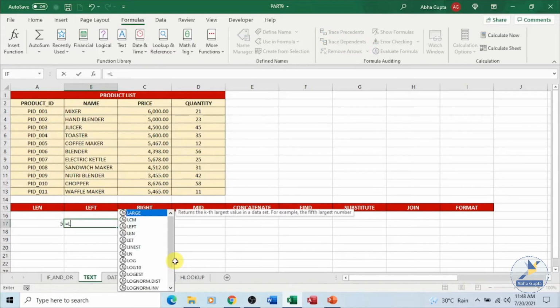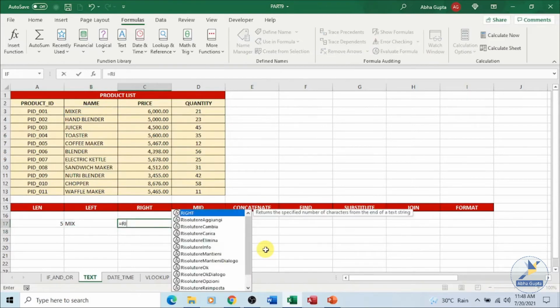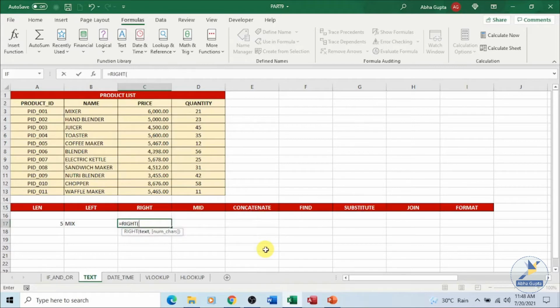Similarly, you have the left function to extract characters from the left of a string. You have to provide the cell name and how many characters from the left you want to extract. Say I want to extract 3 characters, so you got this as the answer. The opposite is the right function, where you provide the address and how many characters you want to extract from the right hand side. So these are the two functions, left and right.